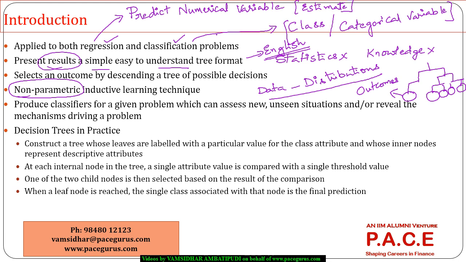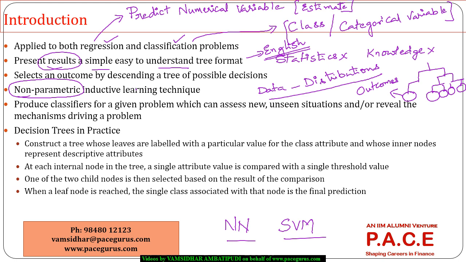They do not make any kind of assumptions regarding the distribution of the data, and inductive learning. The whole learning is happening based on the reasoning. So if you have to explain things to someone, it's much easier to explain when you have built your model using decision trees compared to the same kind of objective being accomplished through some other complex models like neural networks, support vector machines, etc. So that way the explainability of the model is much simpler when it comes to